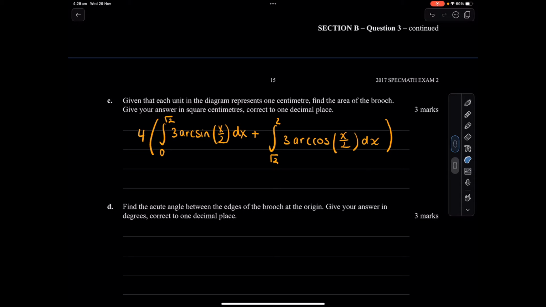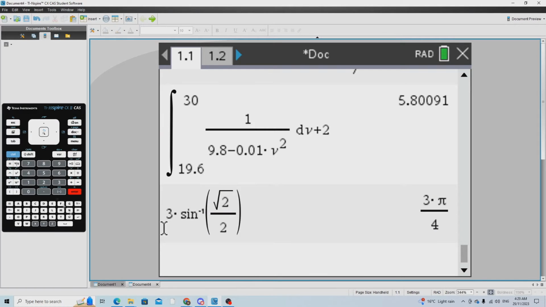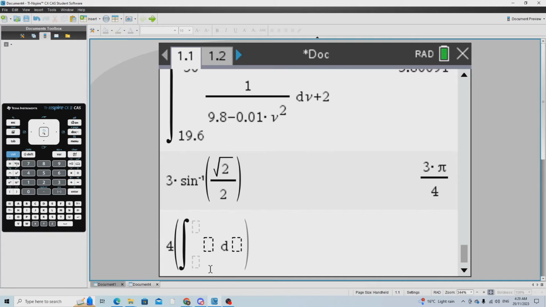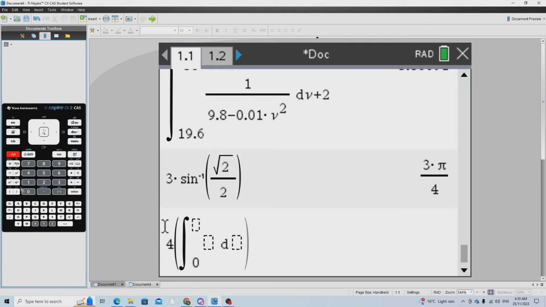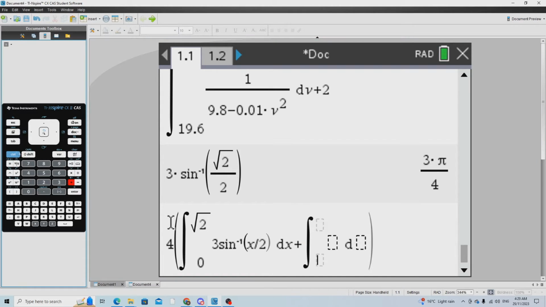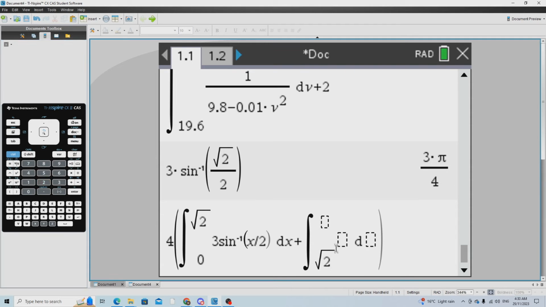Given that it's trying to find the area. Okay, so the area would be, let's use our calculator. It's 4 times the integral from 0 to root 2 of 3 sine inverse x over 2 dx, plus the integral from root 2 to 2 of 3